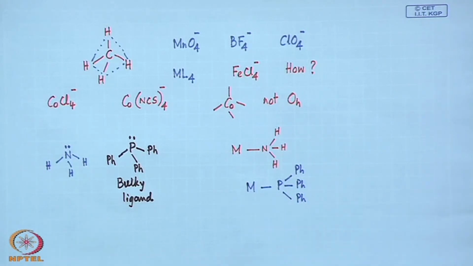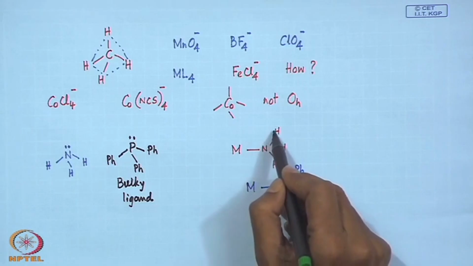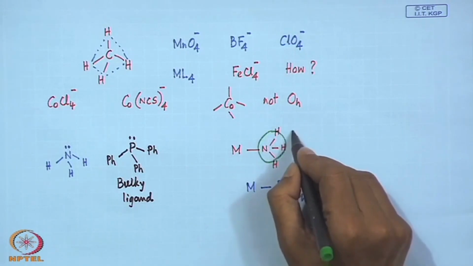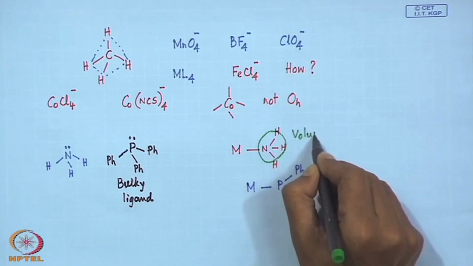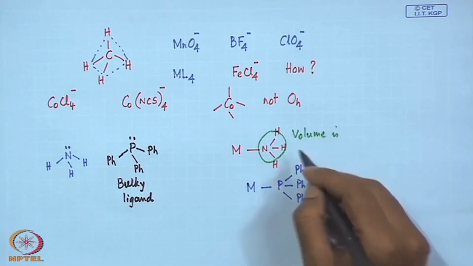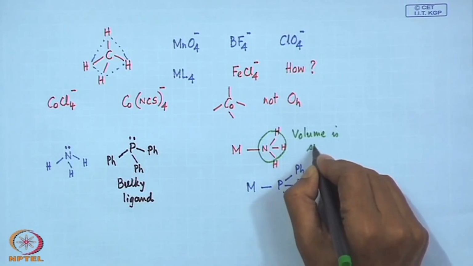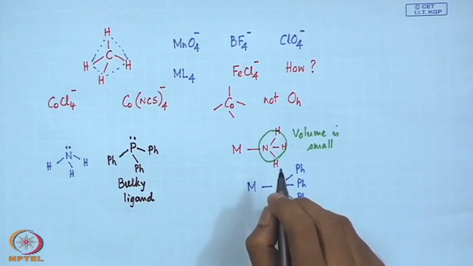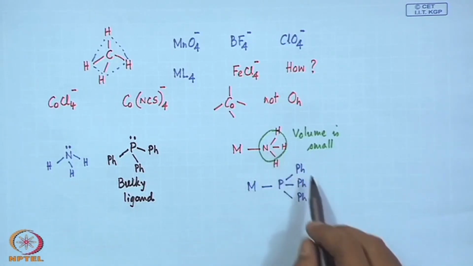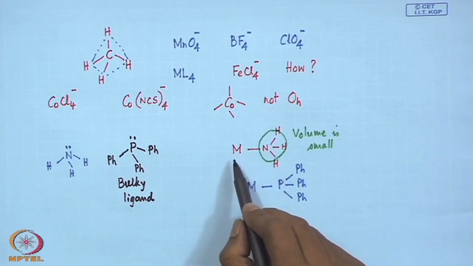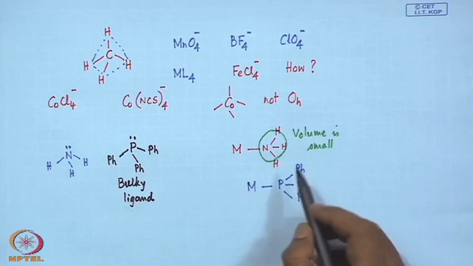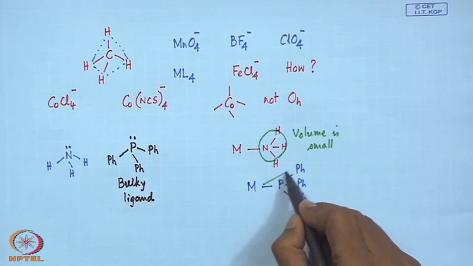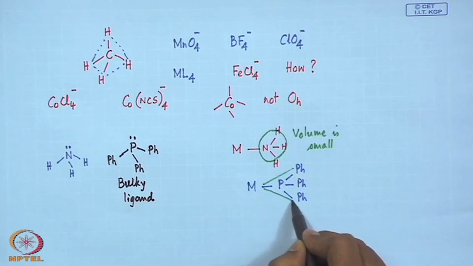So, the volume of this, that means the volume of this ammonia molecule, this volume is small. So, this particular ligand volume will not control the corresponding geometry around the metal center, but when we have this phosphine binding and we see that this particular one,